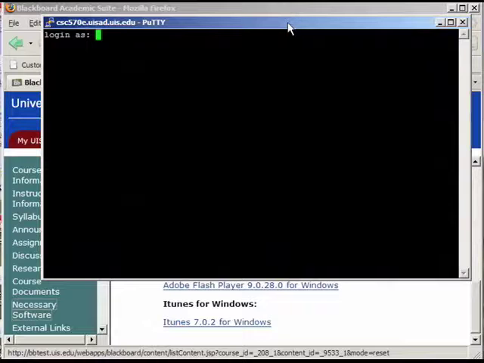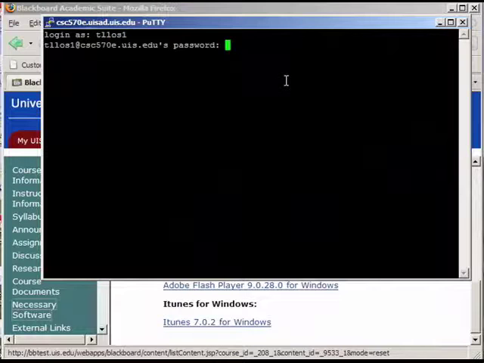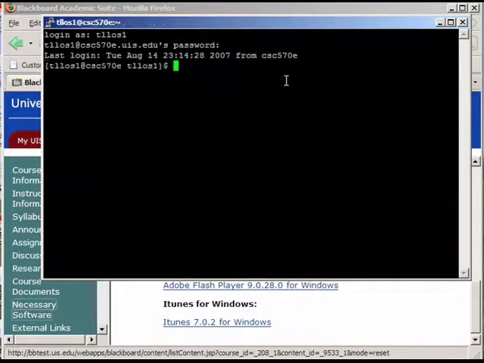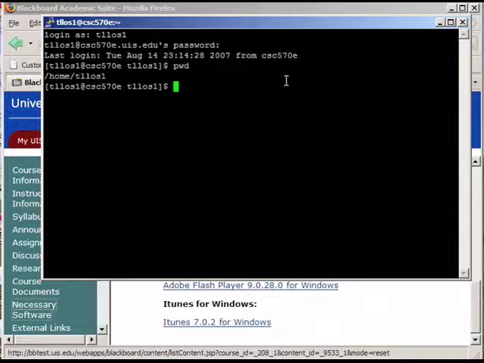And that will ask me to log in. So to log in, you will do your NetID. So mine is tlos1, and then my password. Okay, and that logs me in. Okay, and this puts me at my home directory. And if you do pwd, this command will tell you where you are. And this tells me that I'm in the directory